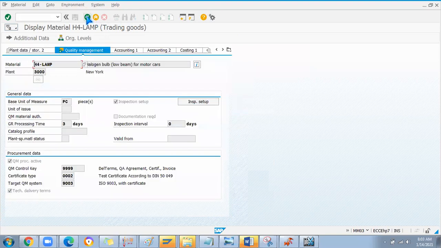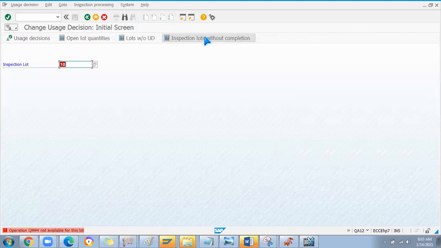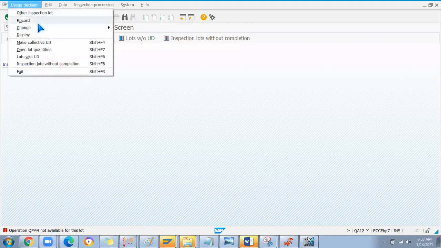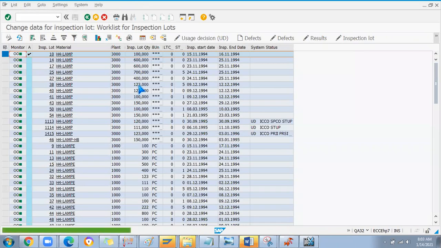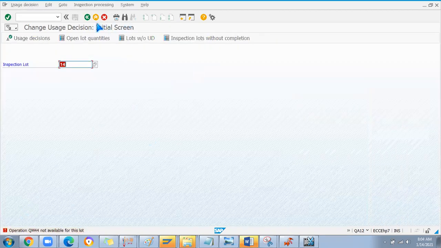How to see the decision they have done? Go to this option, click on user decision. It is saying that operation not available for this lot, some issue is there. Anyway, we'll display the other entries. Same problem is there.